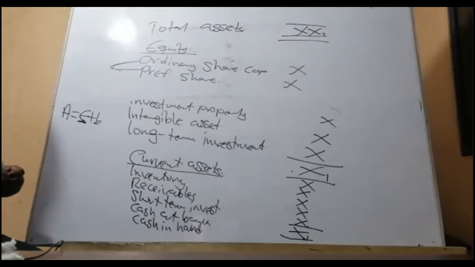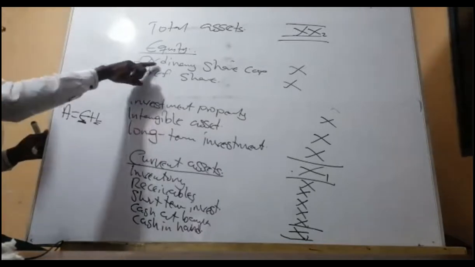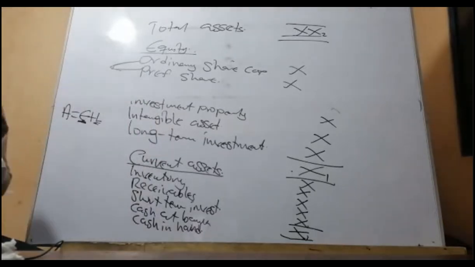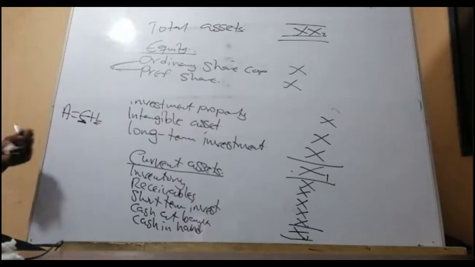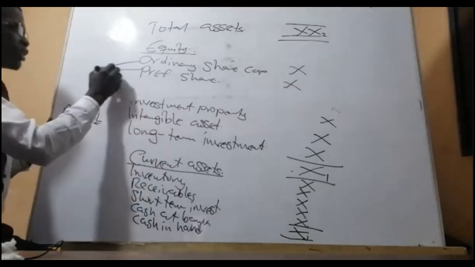So if in the question you see stated capital and you're writing ordinary share and you mark it wrong, you've not committed a crime, right? Good. And if in the question it is ordinary share that we have stated there, then you are telling us that it's stated capital or it's preference shares. So take note, what you see in the question, that's what you have to bring. Good. Then you go to the reserves.